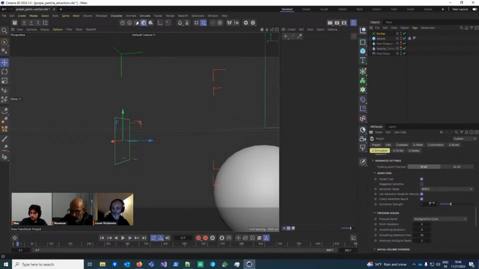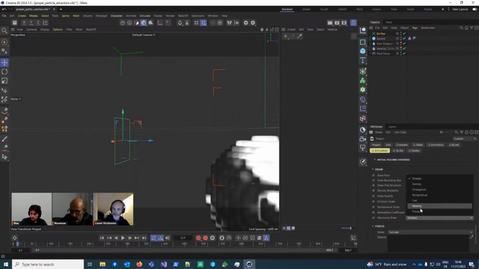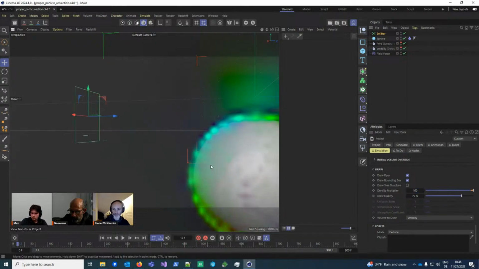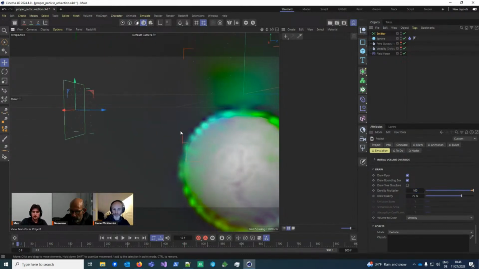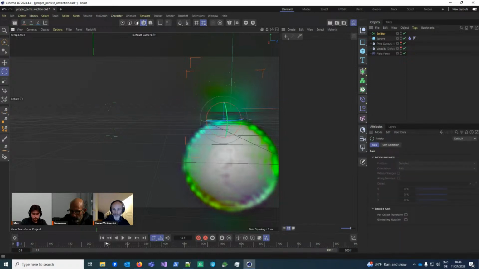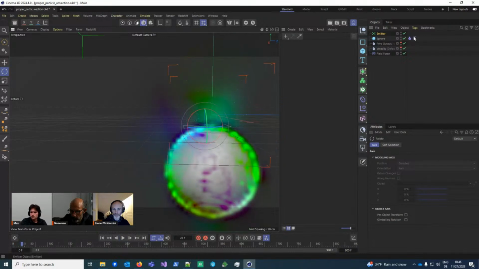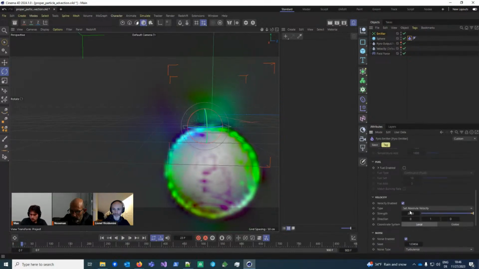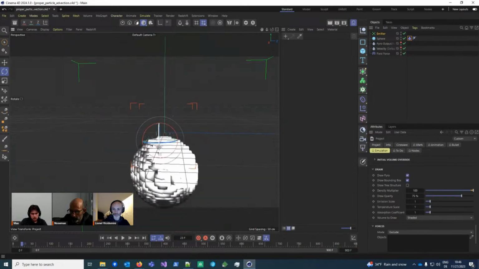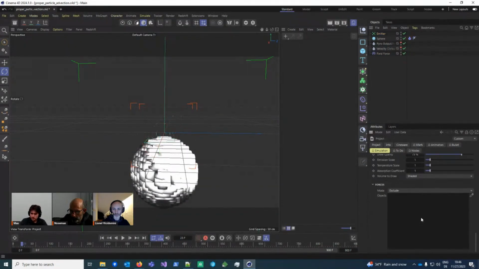If I draw the pyro scene, I can see that there's basically no velocity there. No matter how high I draw this multiplier for the velocity, there's nothing here. If I drag the emitter over here, then it would actually start moving with the velocity. Wait, why is the cloud not moving? Sorry. Oh, I forgot something. Right.